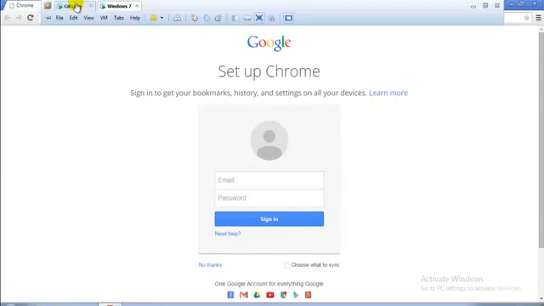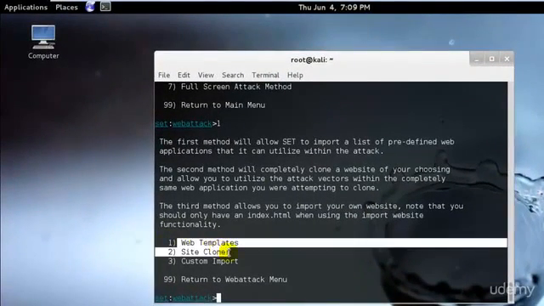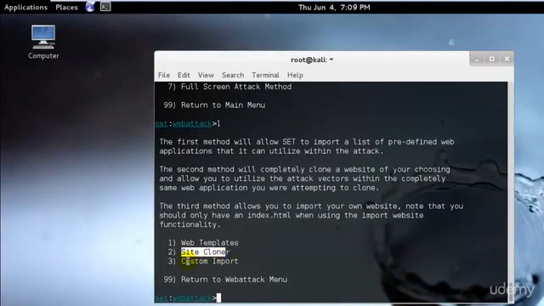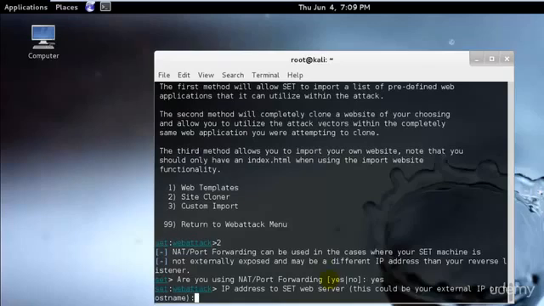So I'll go back to my Kali Linux. I have three options over here. One is the web template, another one is the site cloner, and the third one is the custom import. So I'll select the site cloner. I'll press 2 and hit enter. It asks: are you using NAT or port forwarding? Since I'm inside Kali Linux, I'll have to select yes. If you're directly on your machine, then you can straight away select no. And IP address to set web server, so